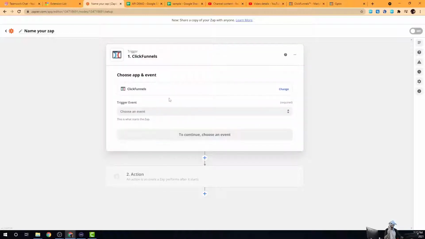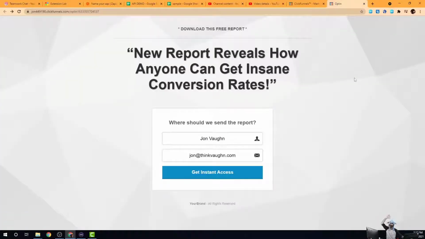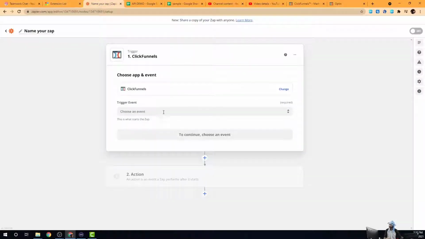So again, like I said, this is not about funnel building or anything like that. All you're doing is you're picturing that this funnel, you're just envisioning that this is the funnel that you built, and either it's just an opt-in page because you're giving extensions away as a lead magnet, or this is your sales page where people are coming in and they're buying access to your extension. Regardless, when they come through this process, you want to actually create them an account on your extension, and you don't want to have to log in and do things the manual way like I showed you in one of the other training videos. This is going to show you how to do everything on autopilot,